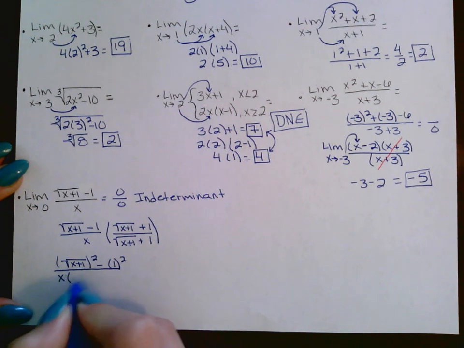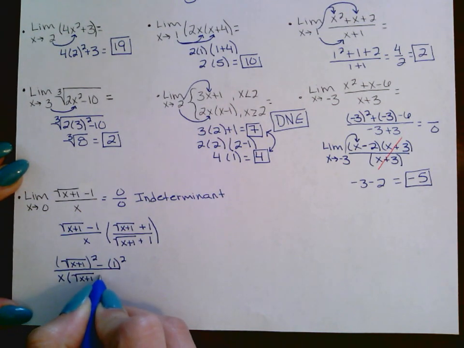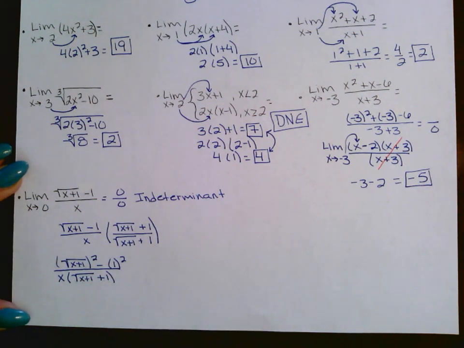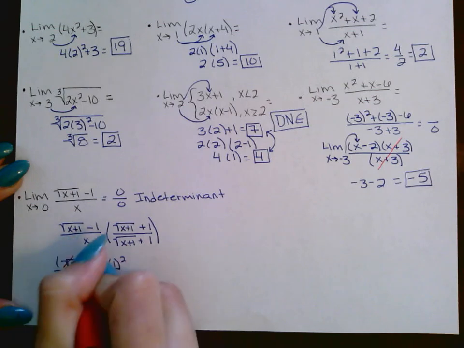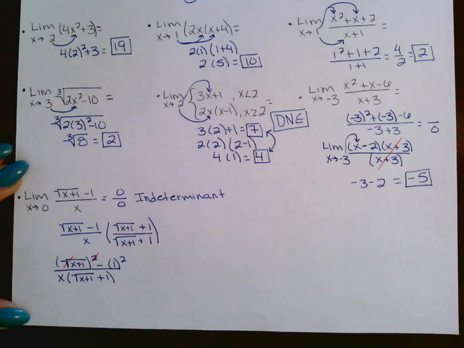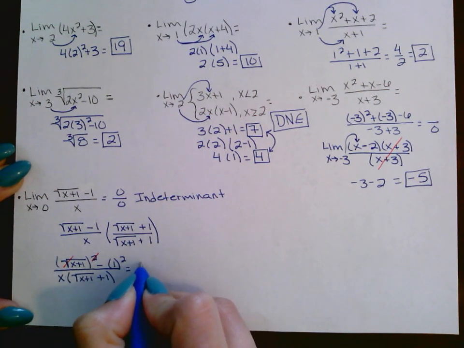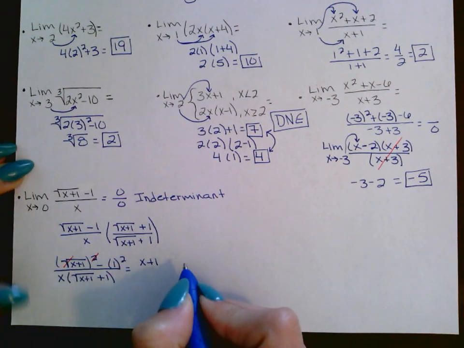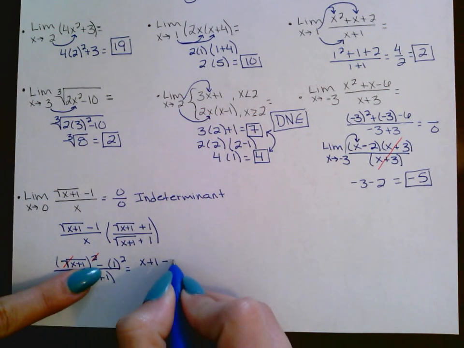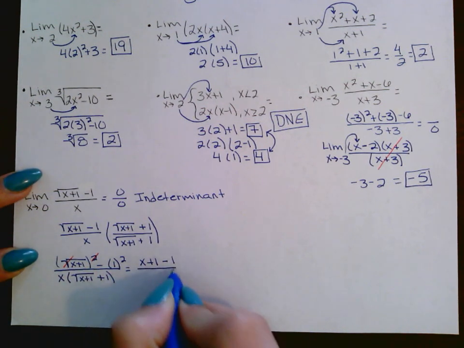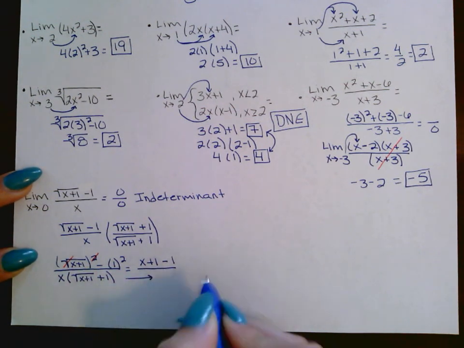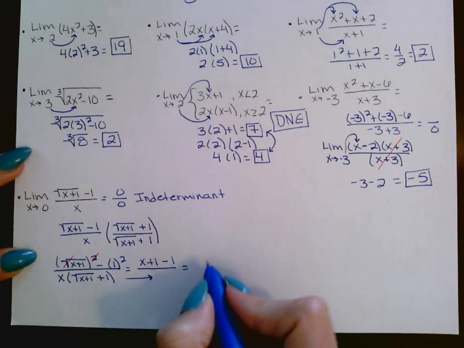I'm just going to leave it messy because this is going to end up cleaning up real nice. So here, this squared will cancel out with its square roots. And 1 squared is just 1. So in my numerator here, I'm going to have x plus 1, and then this minus, and 1 squared is just 1. All with this same denominator, which will end up cleaning again